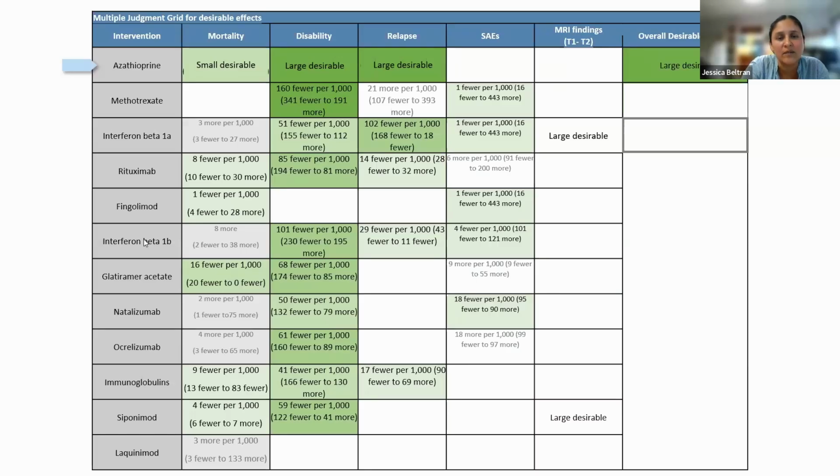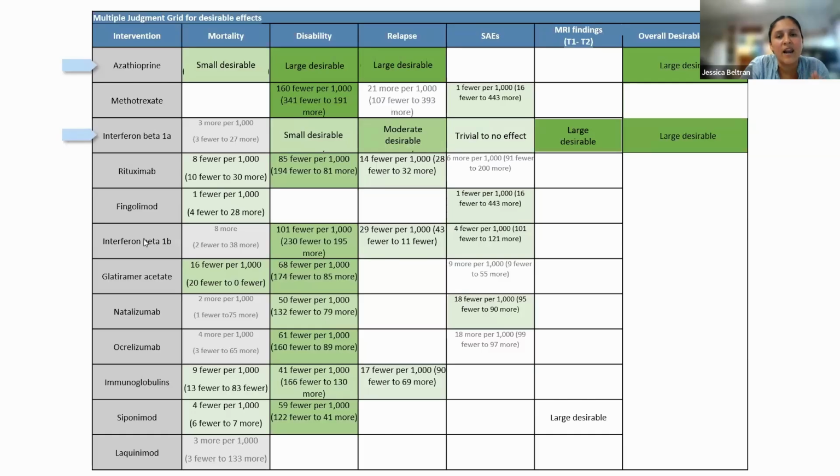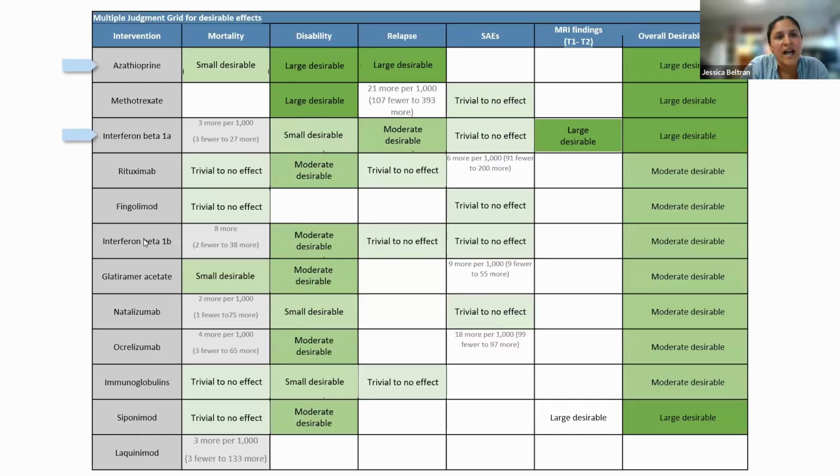And then we have a semi-automatized judgment that can be validated by the panel. This can help the panel to handle a large amount of information and can make the process a little bit more